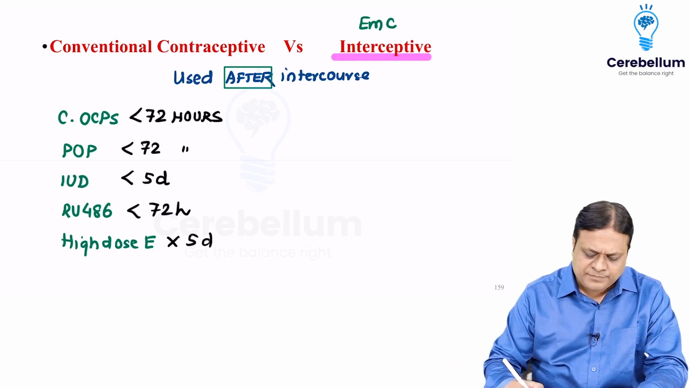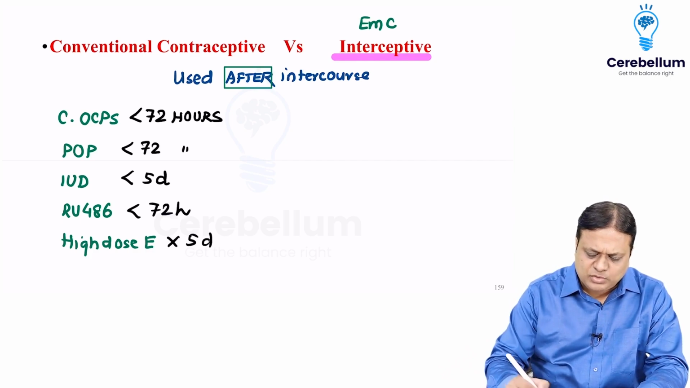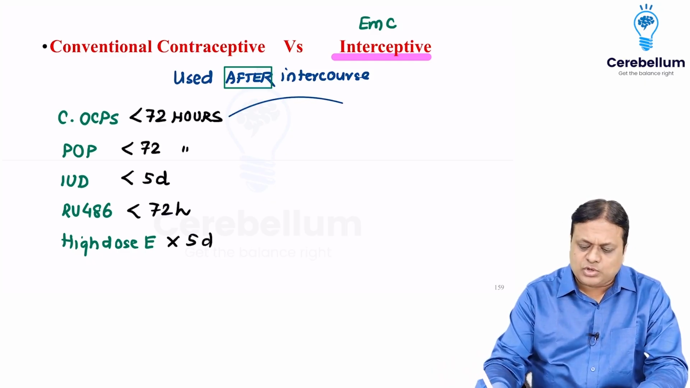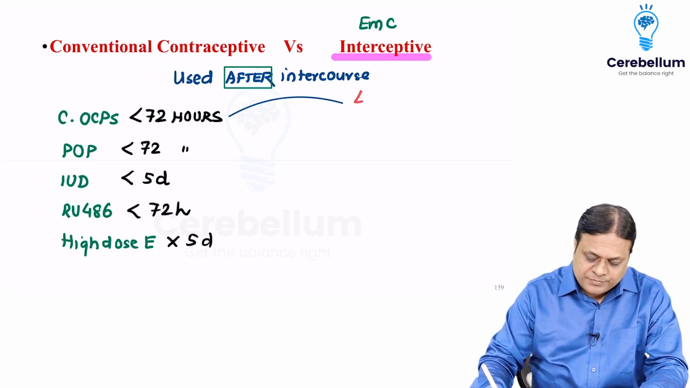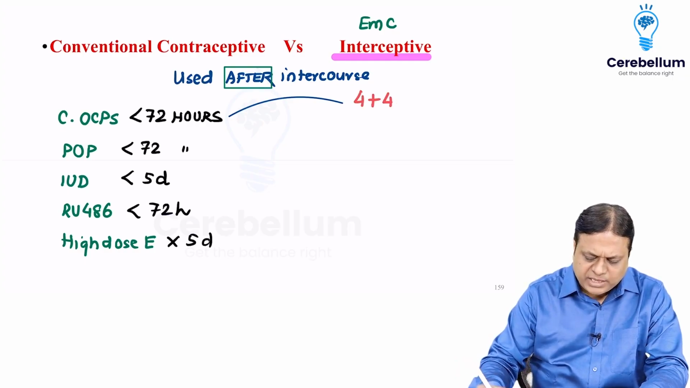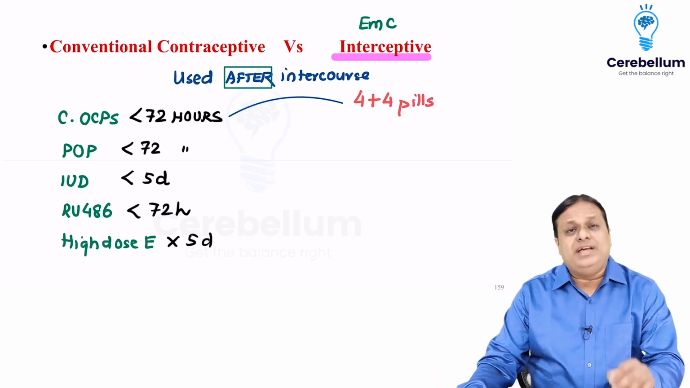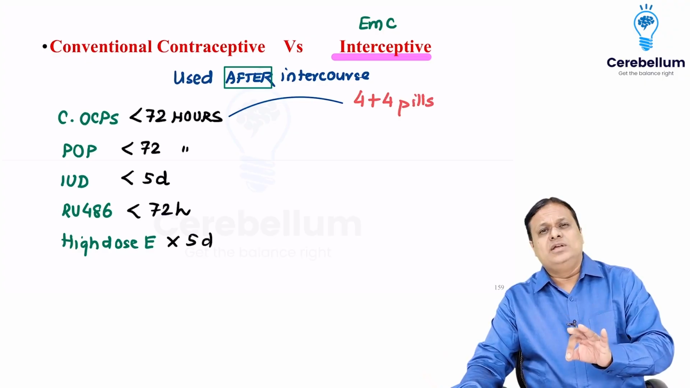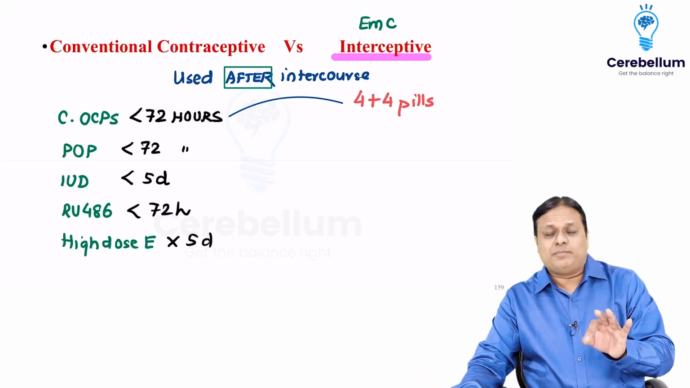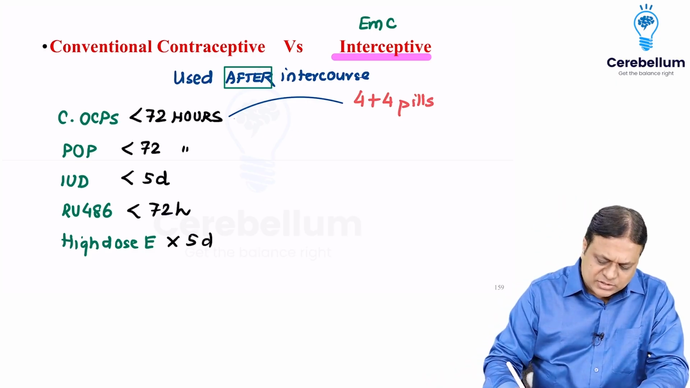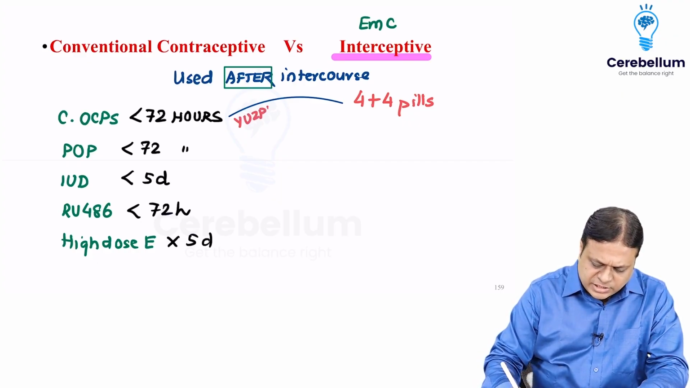I was asking, combined OCPs when used as emergency contraceptive, how many pills are used? Total used are 8 pills. 4 pills followed by another set of 4 pills. There should be an intervening gap of 12 hours. Both sets, 8 pills total, should be completed within 72 hours. This is also known as the Yuzpe regimen